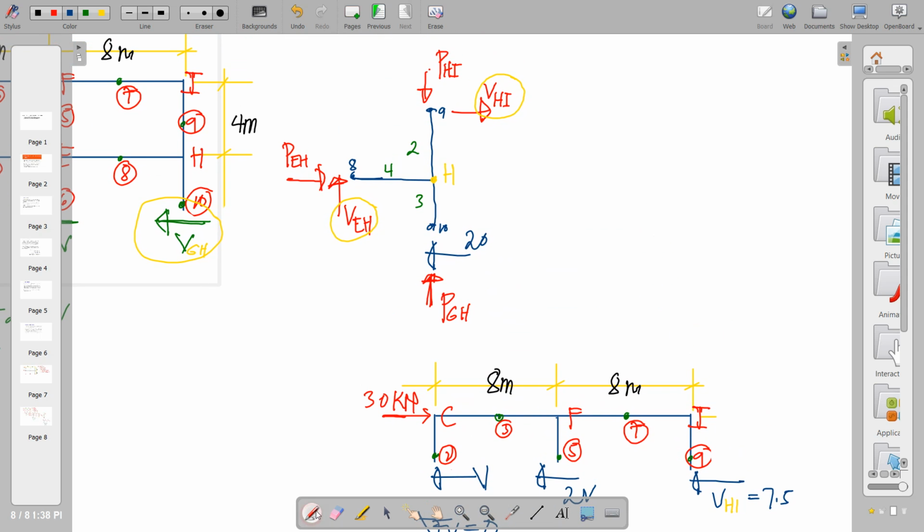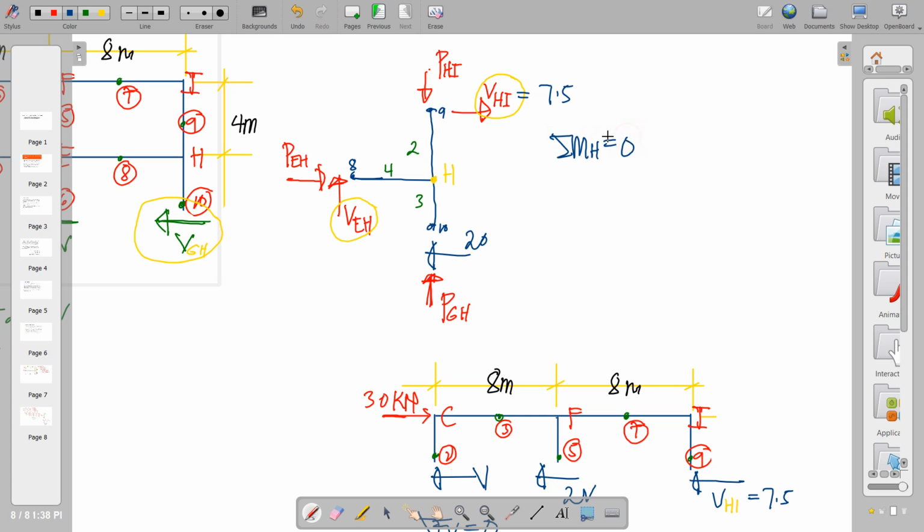So if this is leftwards, your VHI is assumed to be rightwards. Okay, that is why this is correctly assumed. So this is 7.5. So we are now ready to take